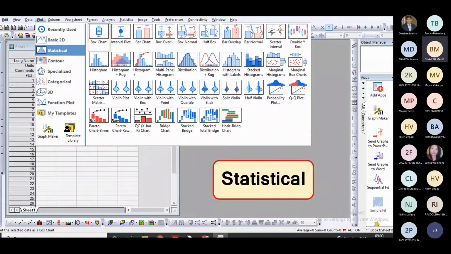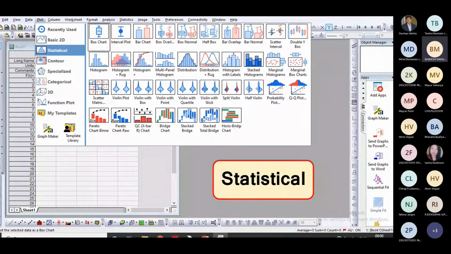Here histogram, then histogram plus rug, multi-panel histogram, distribution chart, right? Many other distribution charts are also there. Violin plot, the violin plot with box plot. So this violin plot gives the distribution along with the box plot.